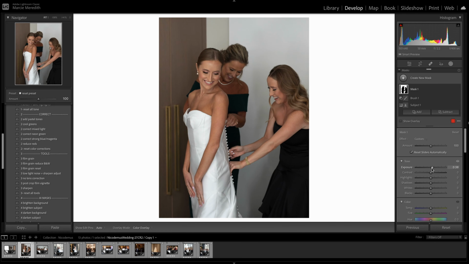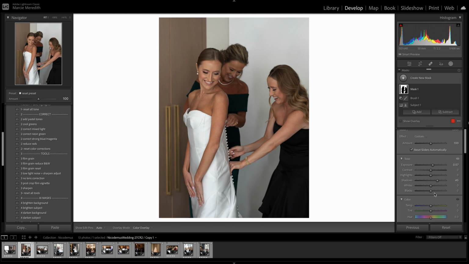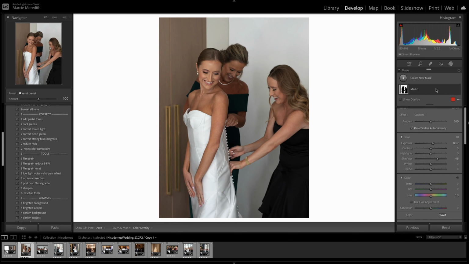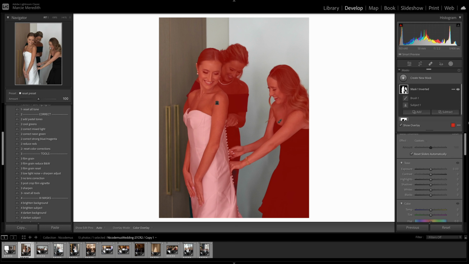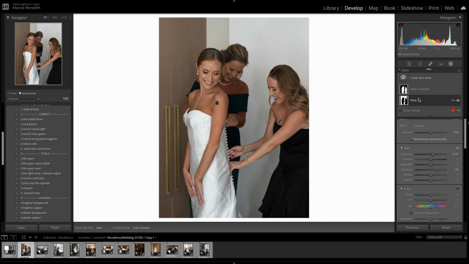So if you want to change the background, it's too dark or your colors are off or something, whatever adjustments you want to make, you can just go ahead and invert that mask. The other fun thing with the inverting is, say you want to make adjustments to both areas, you can just duplicate and invert this mask. Sorry, again, it's off the screen, but it says duplicate and invert mask. So it's going to make a copy,